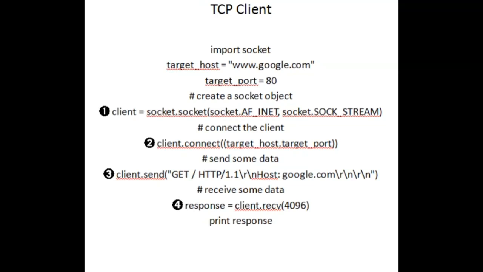import socket; target_host = "www.google.com"; target_port = 80; # create a socket object: client = socket.socket(socket.AF_INET, socket.SOCK_STREAM); # connect the client: client.connect(